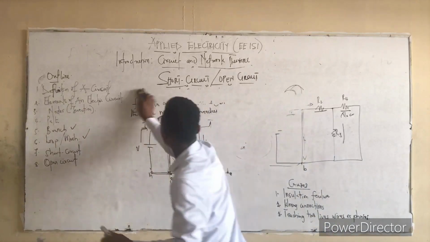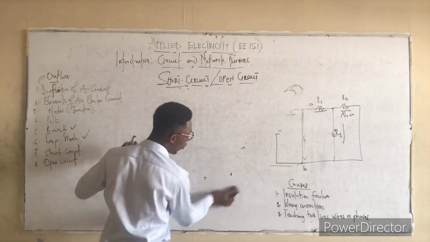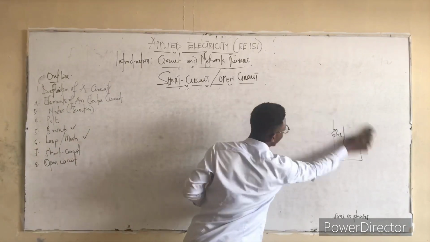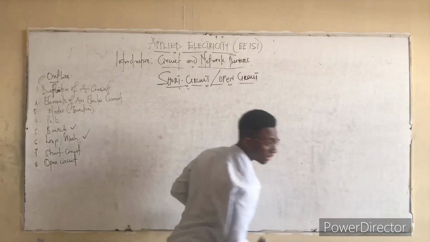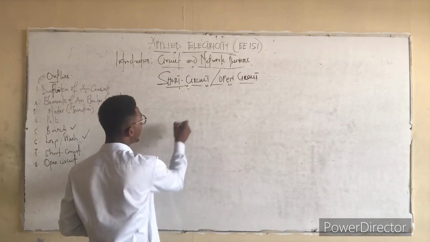Now, the open circuit is very simple. With the short circuit, you have no resistance or very small resistance depending on the kind of short. If it's a dead short, it's no resistance, but if it's partial, you have a very small resistance. But with the open circuit,